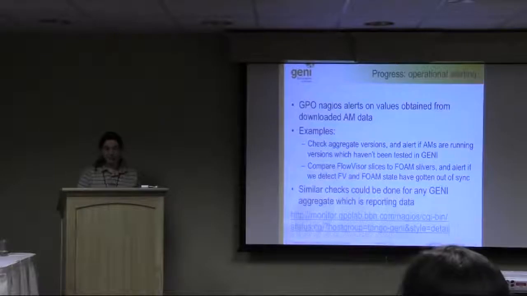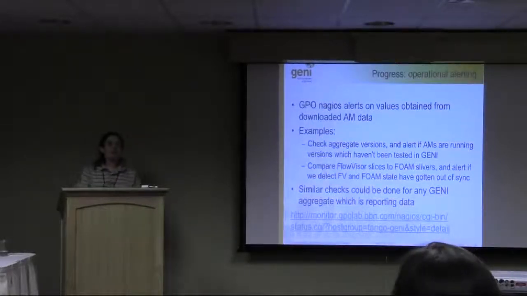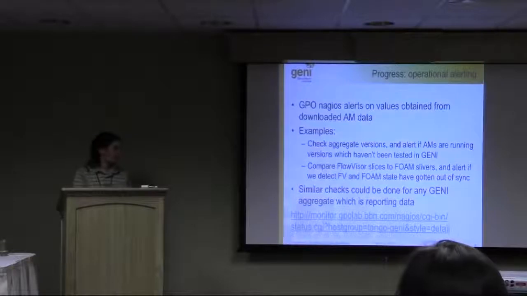It's really easy to detect with this kind of monitoring. We can say, if there's anything in FlowVisor that doesn't look like something we would expect to see from FOAM, let us know and we can look into it. So that's been great, and some of you who operate FOAMs have heard from us about alerts that we've gotten from that, so that's been very useful. And sorry about the URL, that's basically our Nagios subgroup for all of the stuff that we look at